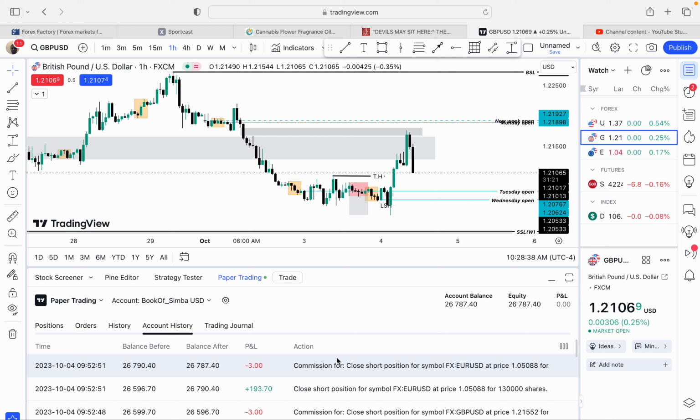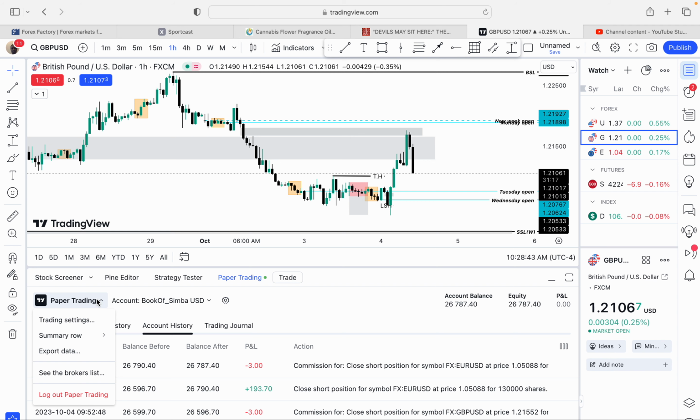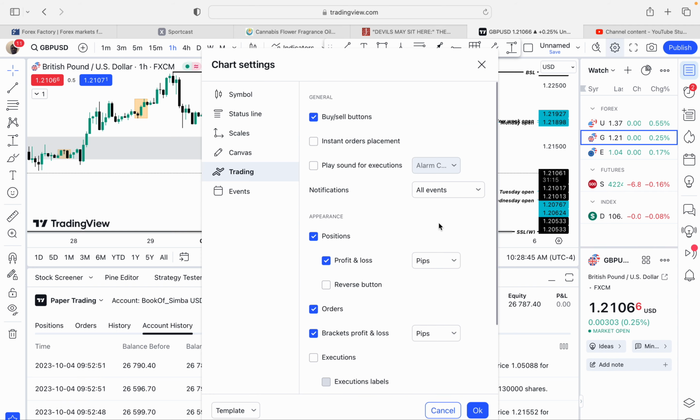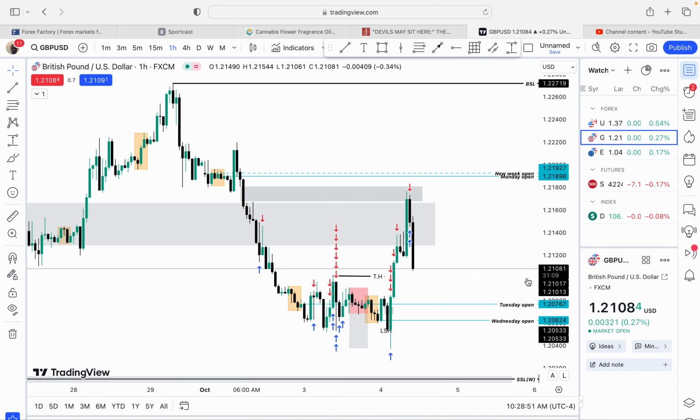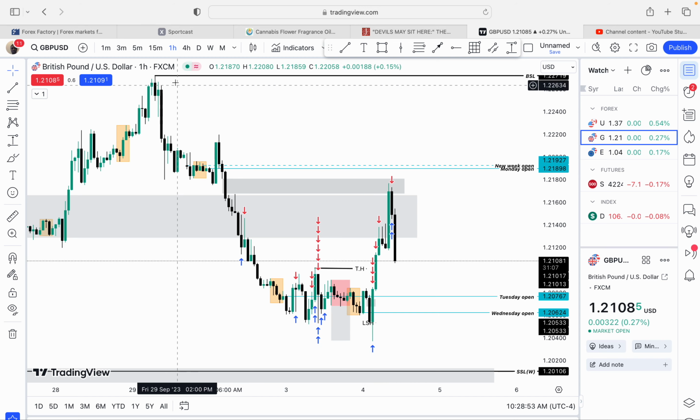Just do this. I could put on the... let's call this thing executions. Yeah, I forgot I could put it on. That's the only reason why I want to put it on. I can show all the executions. But anyways,